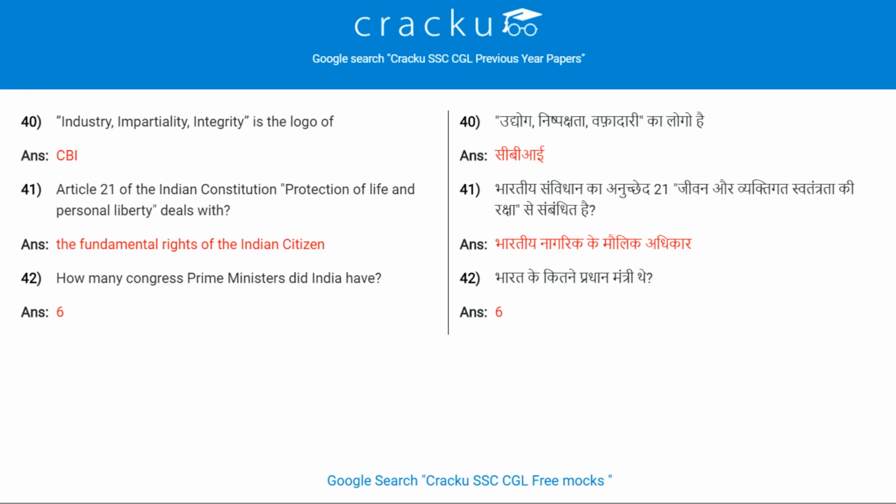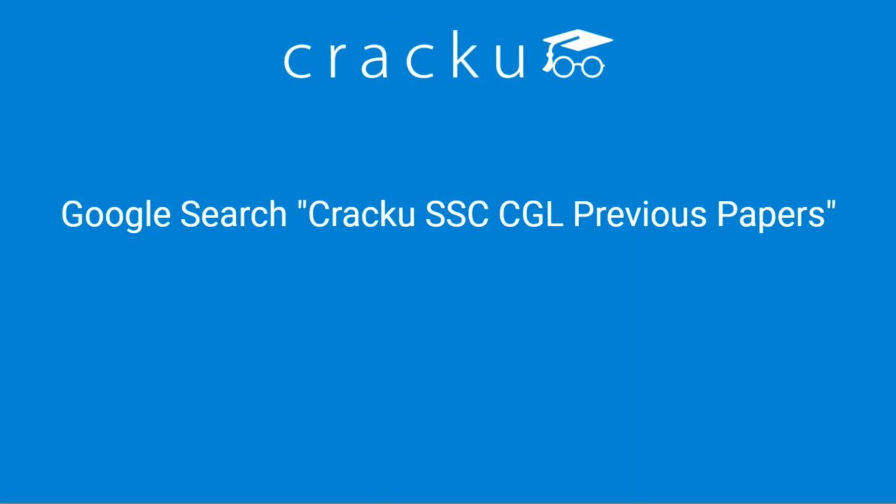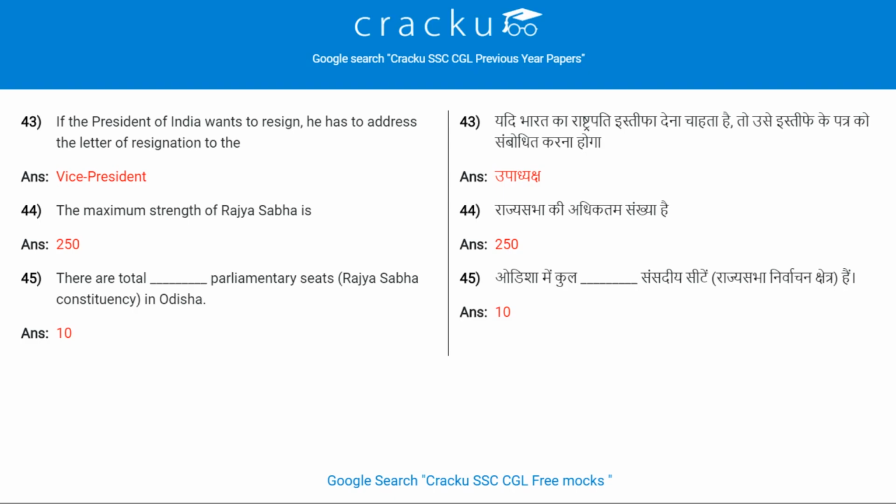Industry, impartiality, integrity is the logo of CBI. Article 21 of the Indian Constitution, protection of life and personal liberty, deals with the fundamental rights of the Indian citizen. How many Congress Prime Ministers did India have? 6. If the President of India wants to resign, he has to address the letter of resignation to the Vice President. The maximum strength of Rajya Sabha is